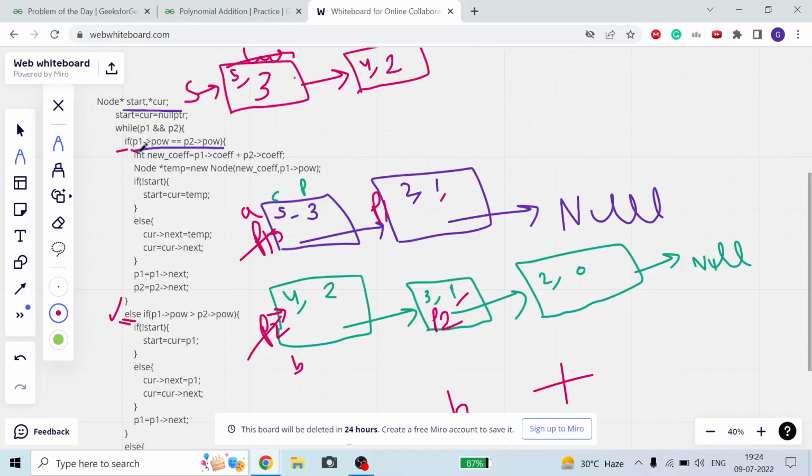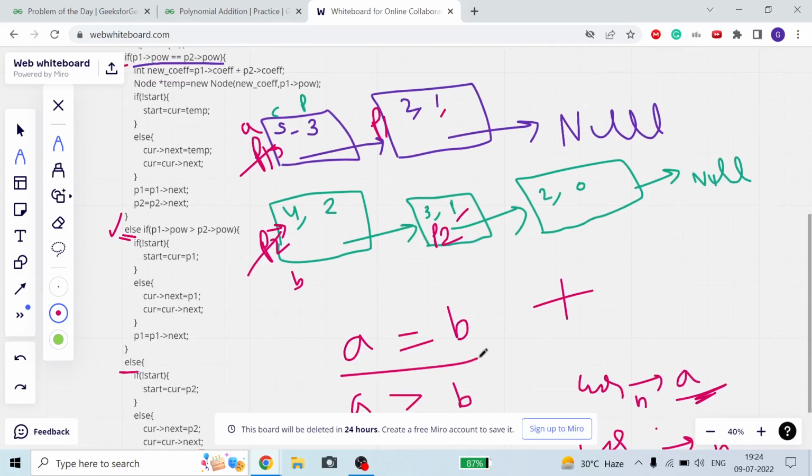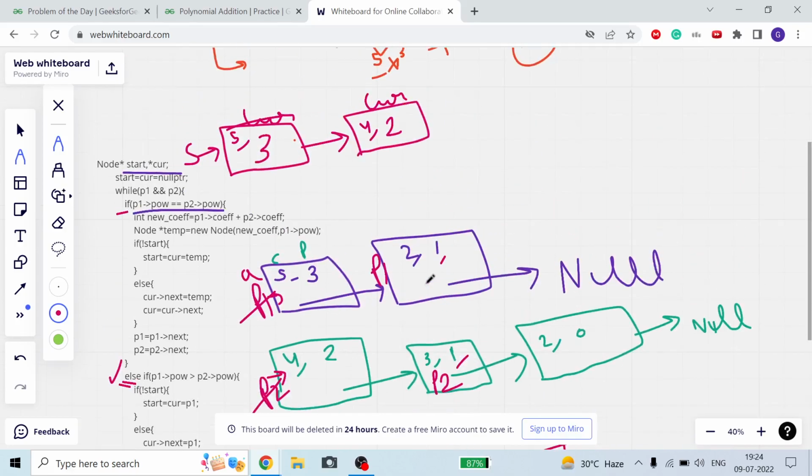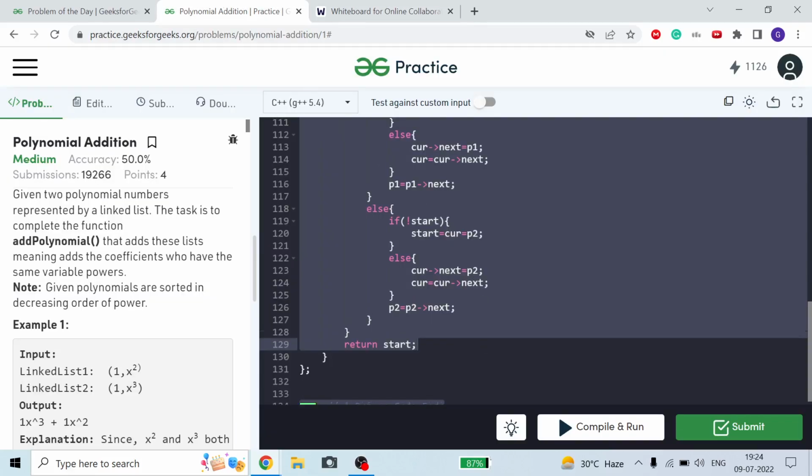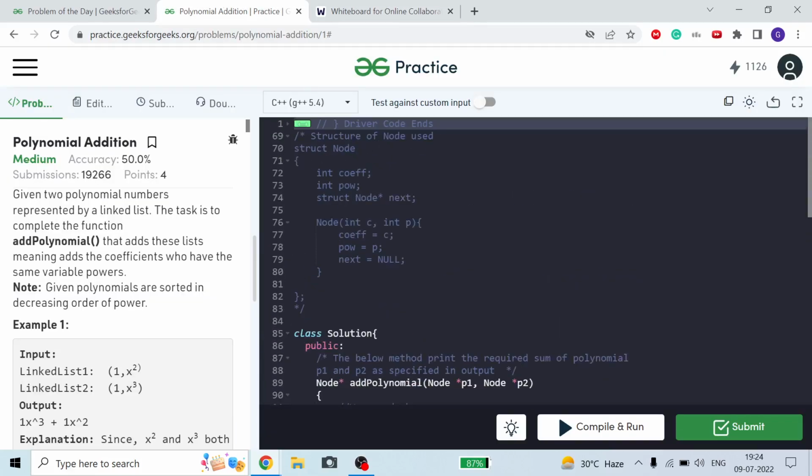Now what does the first condition say? What will be our new coefficient? Because now I can add the two numbers, since power a is equal to power b, I can add both numbers. So now I will make a new node temp. If I want to make a new node, I just call a node new and pass power c and p to it, then it will make coefficient equal to c and power equal to p by default.